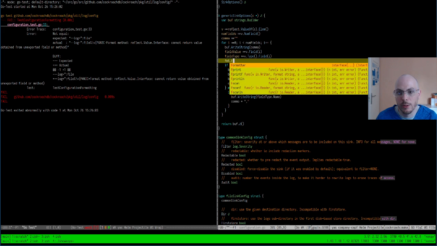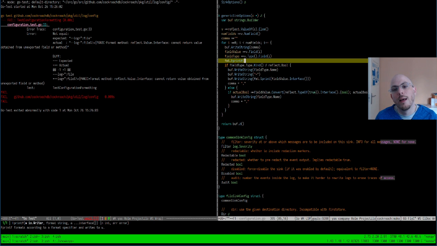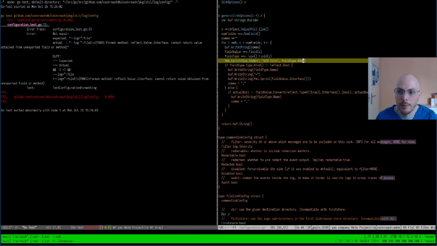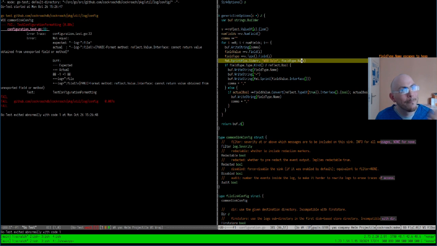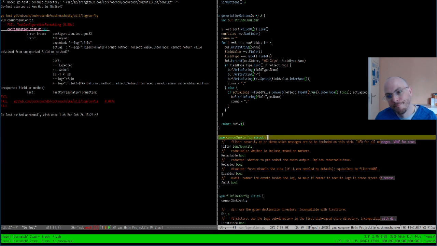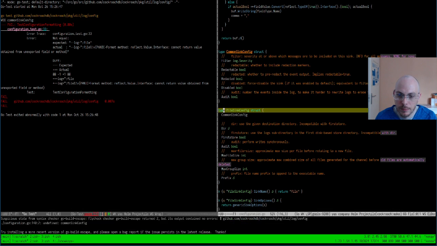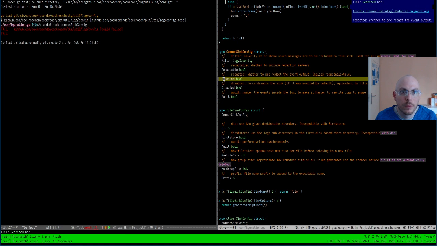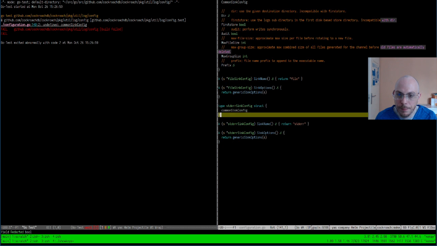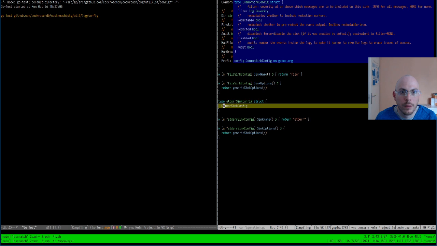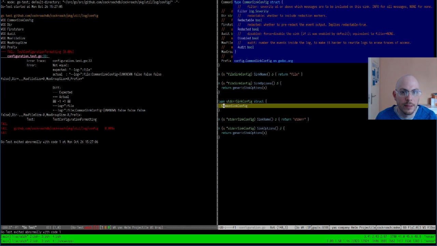And how do we do this? We do printf formatting. We want to know what field that would be. It is the common sync config. It's not exported. Indeed. Better. Much better. Look at this. The common sync config has been printed as something here.